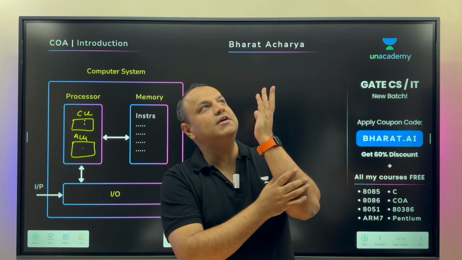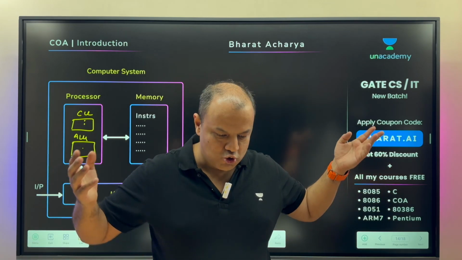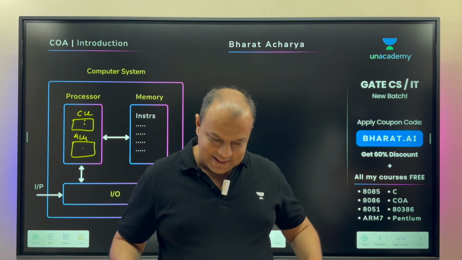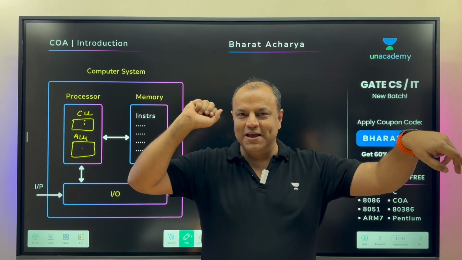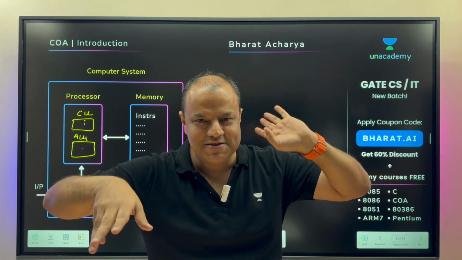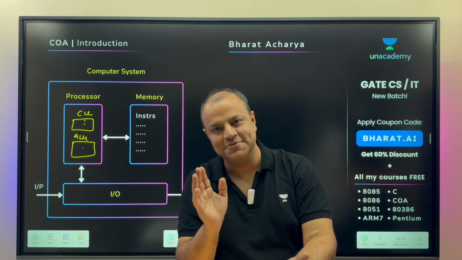Students ask this, sir, teach me how to do tan. No, there is no circuit in the world that does tan. That circuit eventually does just additions. Tan, log, cos are multiplications and divisions, which are nothing else but additions and subtractions, which again is nothing else but just addition. Are you clear?